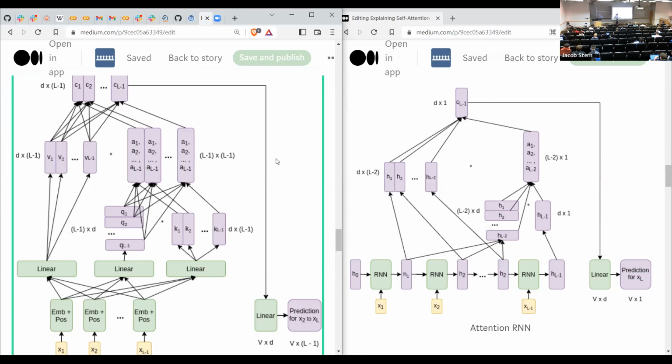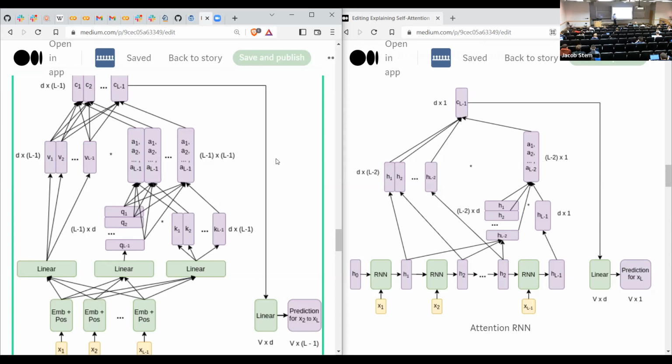We're predicting X2 to XL. And so this is a huge advantage of attention-based networks over recurrent. For recurrent, we had to basically do a pass through our neural network for each new token that we wanted to predict. With attention, we can simultaneously predict all of the subsequent tokens, get a loss on all of them,